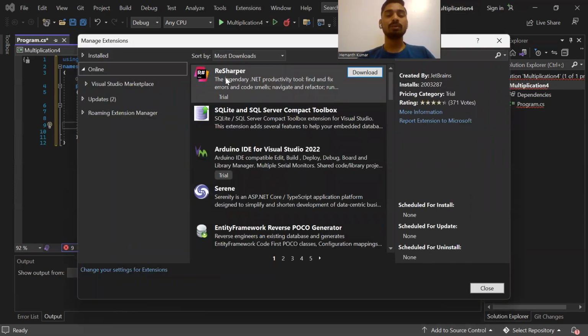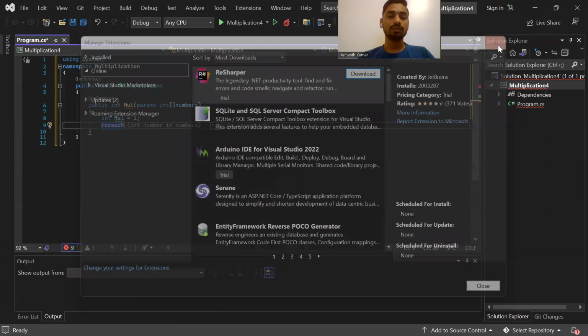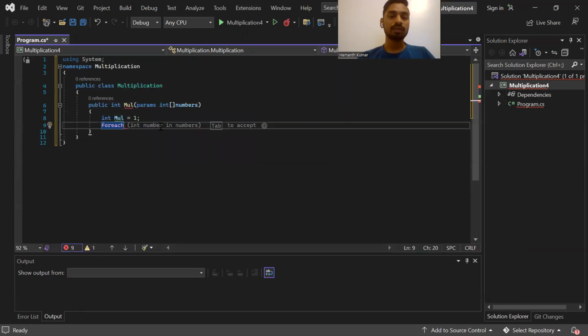And this is ReSharper. This ReSharper helps us to write our code quickly. See here, int number in, it's giving us a hint. So simply I click the tab button. So automatic code is written for us by ReSharper,